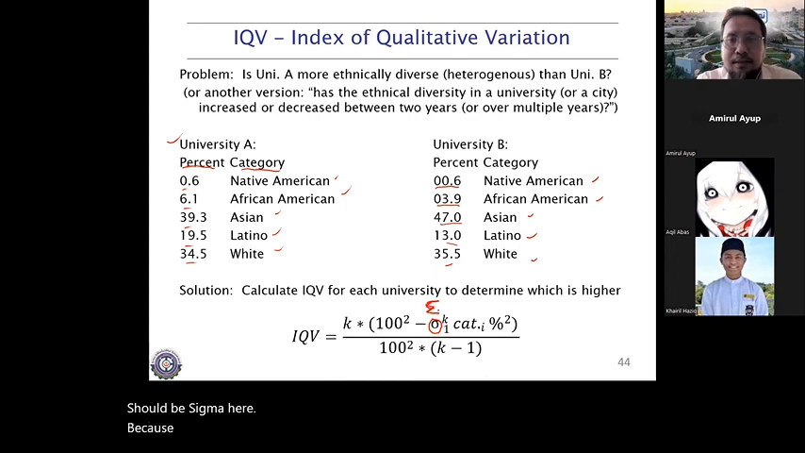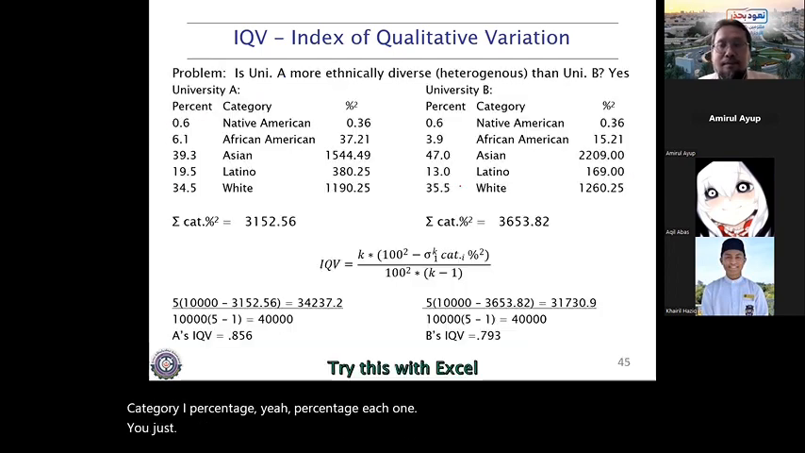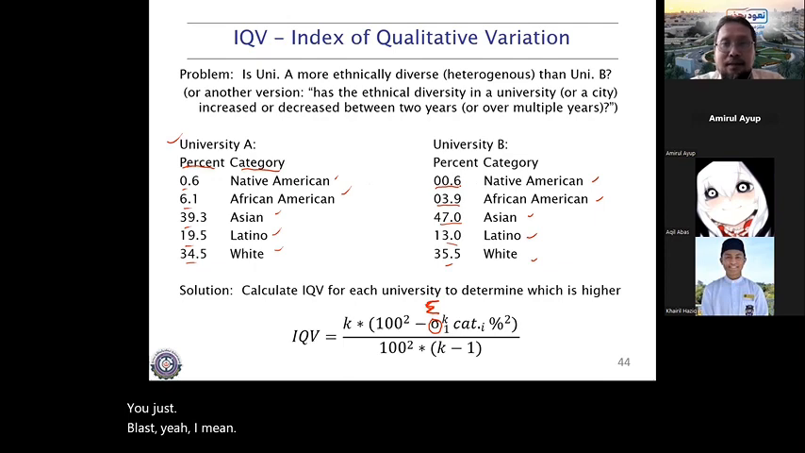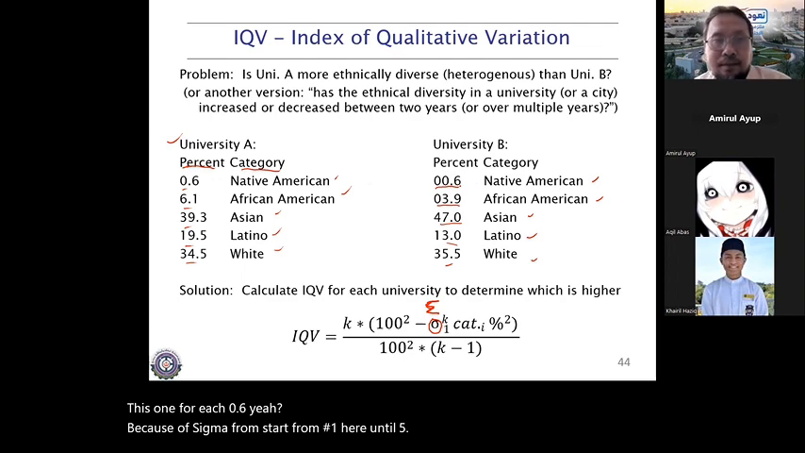Because it is from 1 to K, not theta, right? So sigma from 1 to K, so category i percentage, the percentage is 1. So you just plus, I mean this one, for each, 0.6, because of sigma, starting from number 1 until 5, category 1, so 0.6